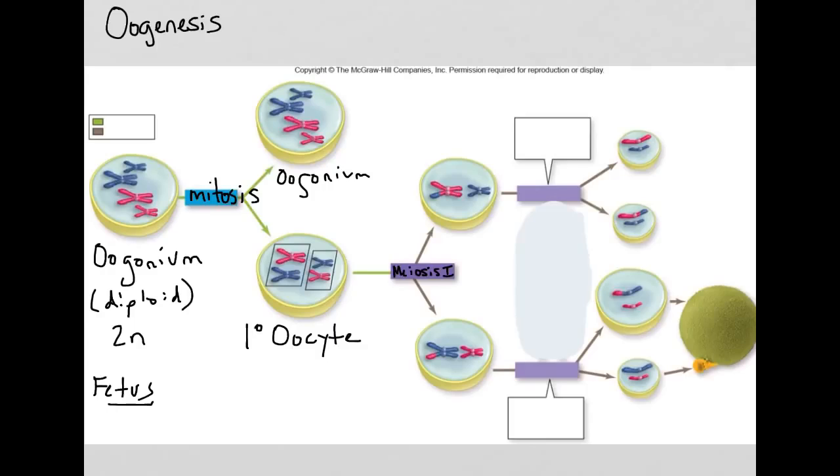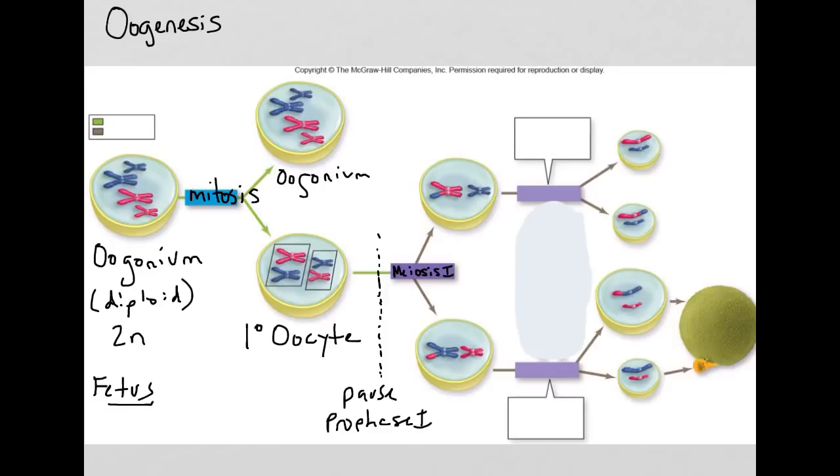It will stop in prophase 1 of meiosis 1. So I'm going to draw like a little dotted line there. During fetal development, there will be a pause. Okay, so we've got some primary oocytes created and they have entered into meiosis, but they pause at prophase 1. Then every month,